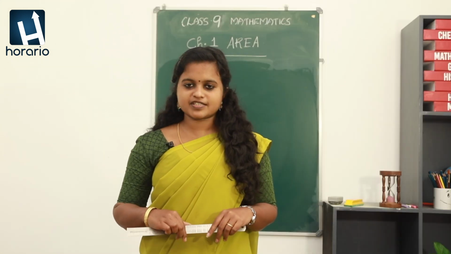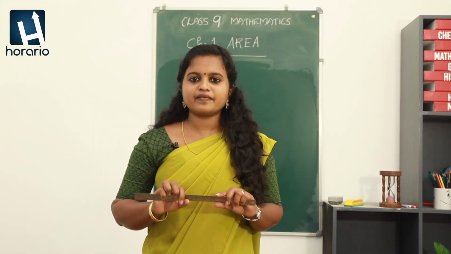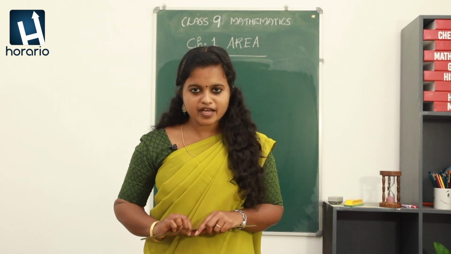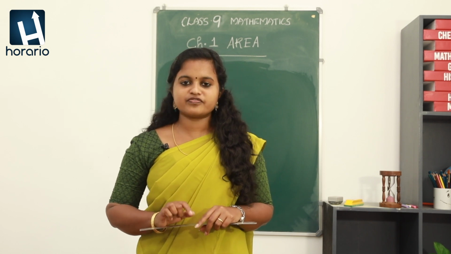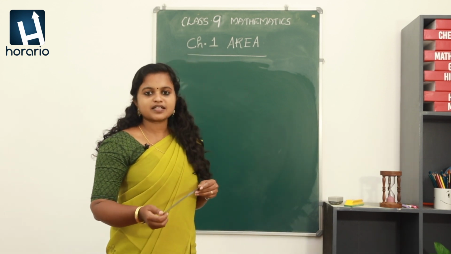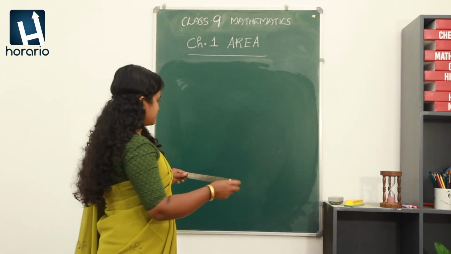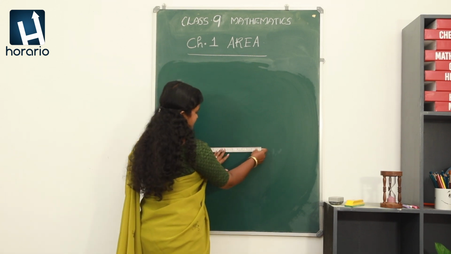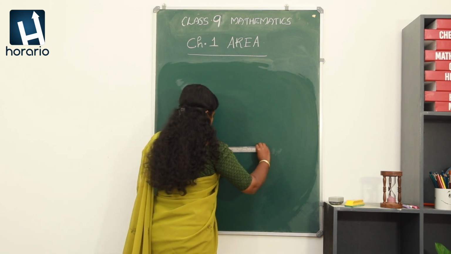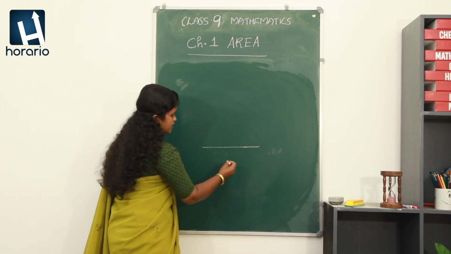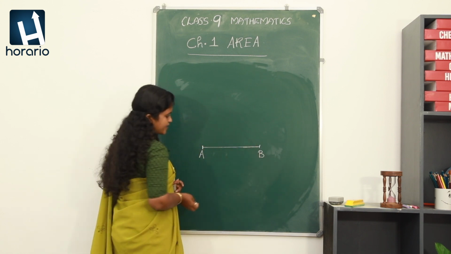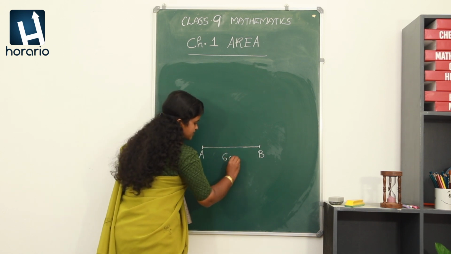So we are going to the first problem. The thing you have to do is, in your notebook, draw a triangle with sides 4 cm, 5 cm and 6 cm. I will also draw, and I am taking the base as 6 cm. So we will draw a triangle with base 6 cm. So I have got a line and I am naming the side as AB, and it is measuring 6 cm.